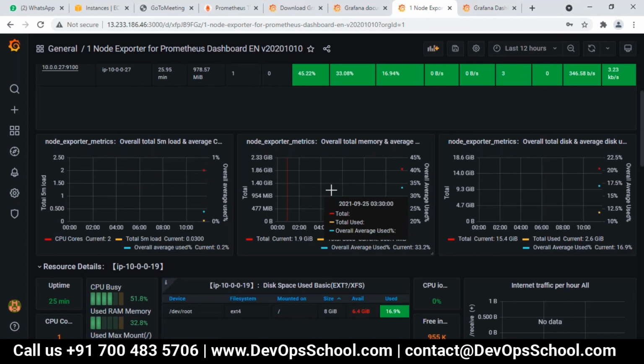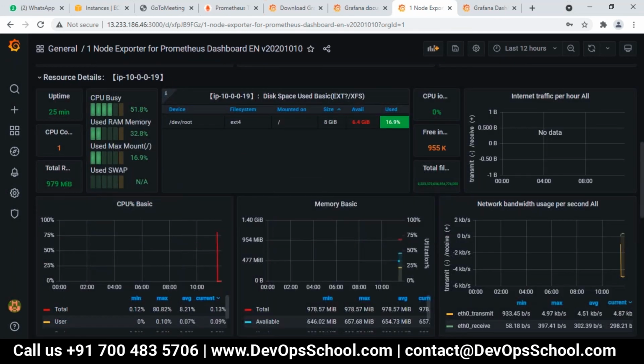Now you can see the dashboard also. Load average dashboard, total memory and average, disk space used. Like on this one, 16% is used.